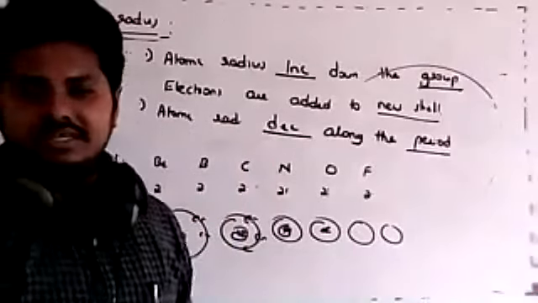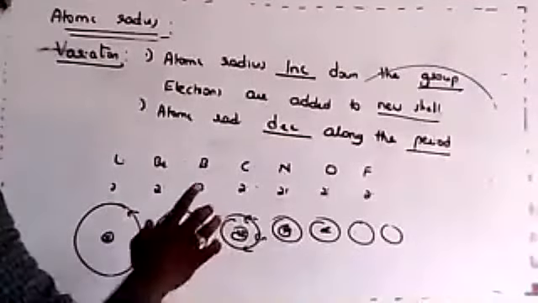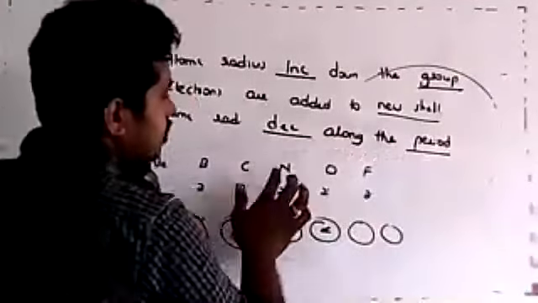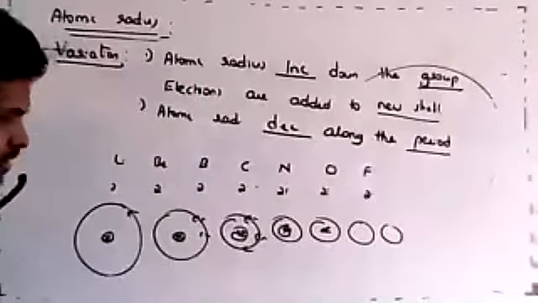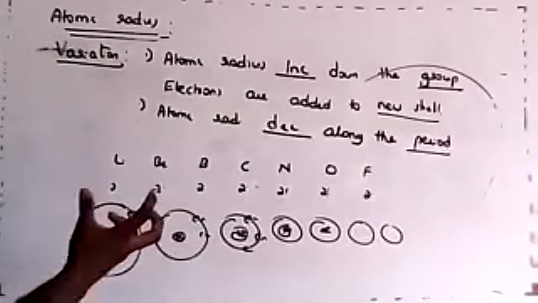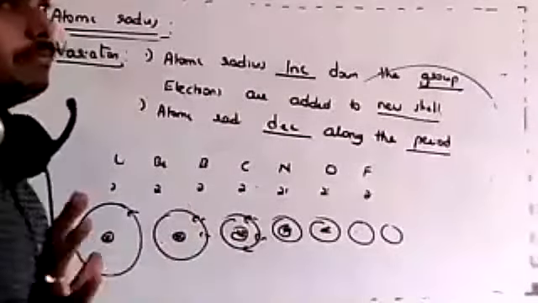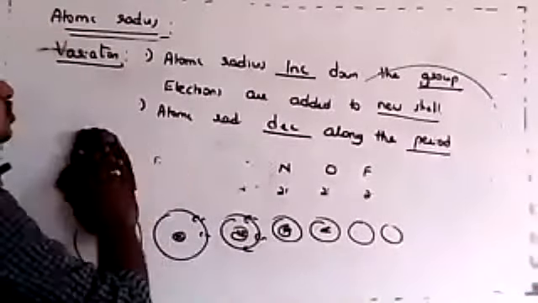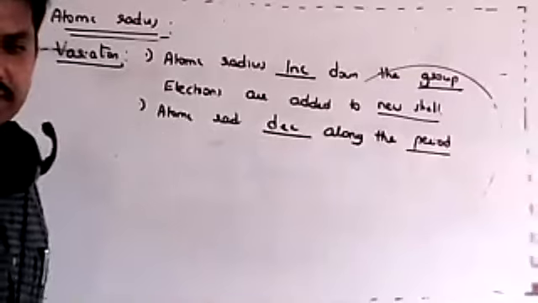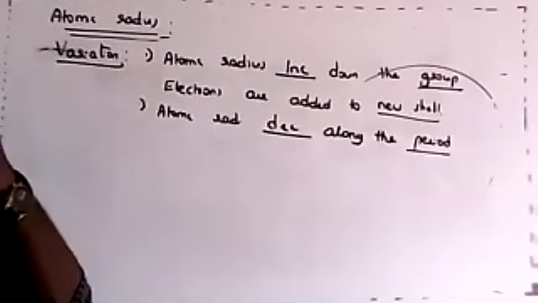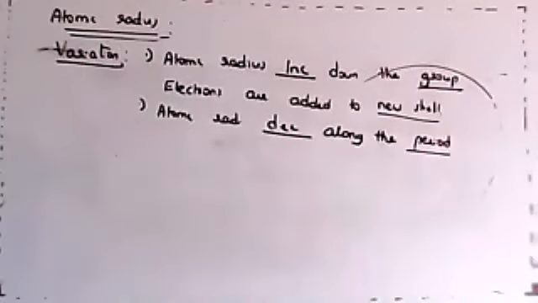They are getting close, which means they are becoming smaller. Got it? So that is the reason, dear students. Yes, Francis, that's the correct word that you should use: atomic radius decreases along the period because nuclear charge increases. What do we call this nuclear charge? It means power. You can understand it in the simple way as nuclear power, though not that nuclear power I'm telling. It is the power to attract. Yes, Shilpa, it decreases because the increase in the nuclear charge tends to pull the electrons towards the nucleus.